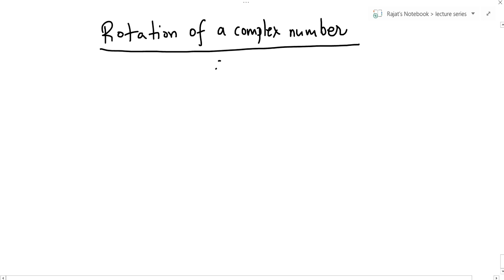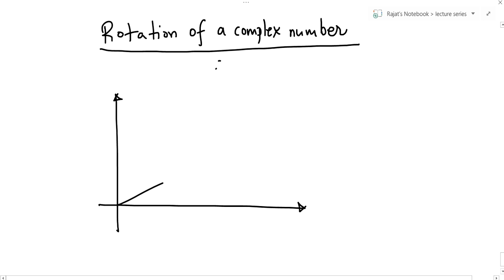I've told you in the previous lecture on the exponential form that exponential form can be used to rotate a complex number. In fact, any form can be used, but the use of exponential form is very easy. So we use the exponential form to rotate a complex number. Let's see how. Suppose this is the Argand plane and I have a complex number z